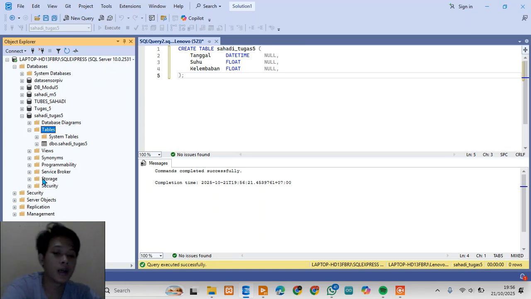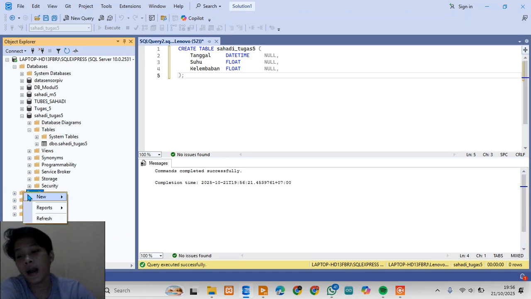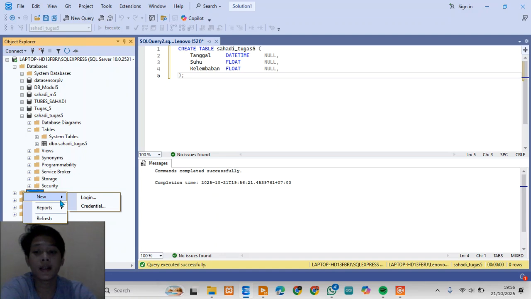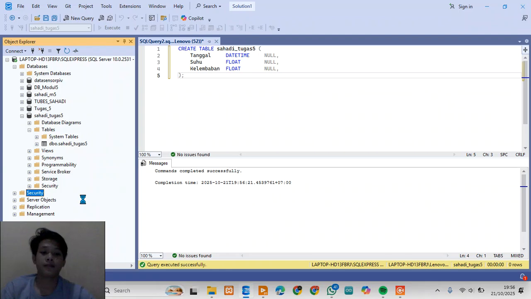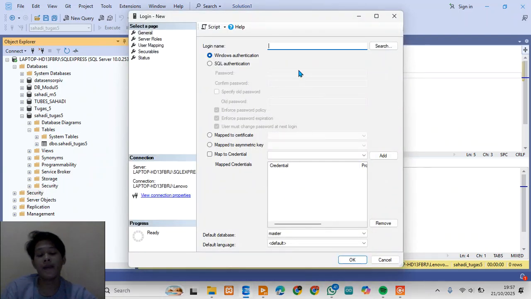For the next step, I create the login security. I click security, and I create a new login. I give a name for the login name, and I keep the default authentication.